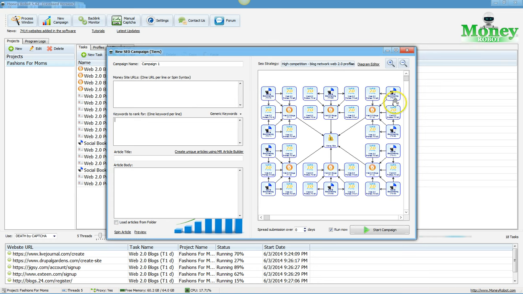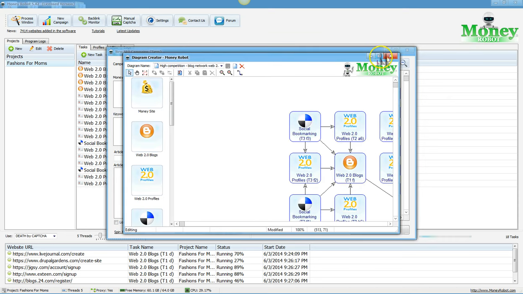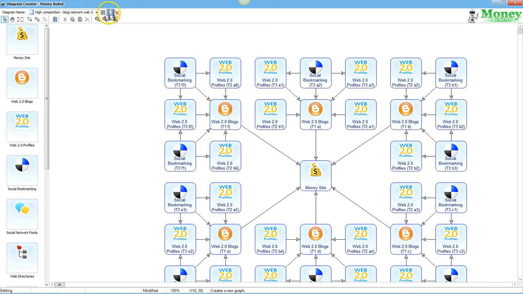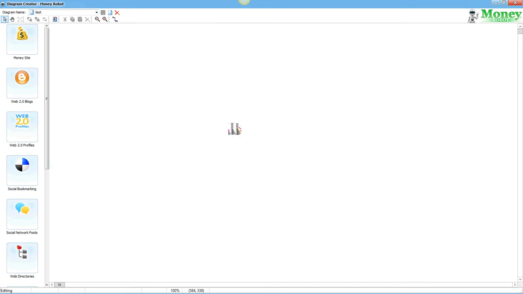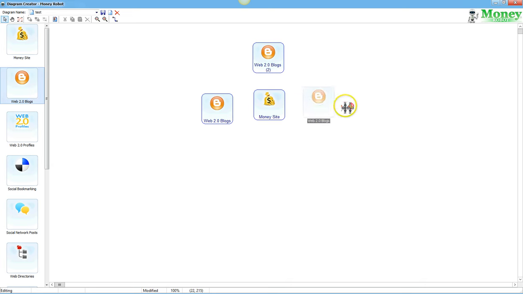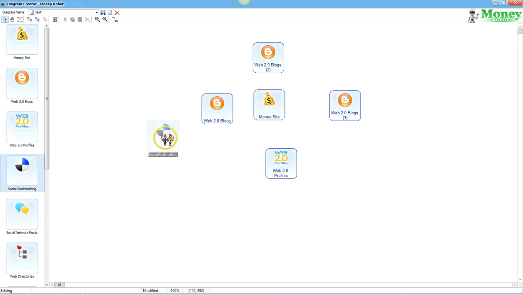This is your template window. You can select from the pre-selected templates that it comes with, or you can build your own through the diagram editor. So if you want to build your own, you can do something like this. I'm just doing this for demo purposes. This is your money site. You can build your tier ones. You can use your blogs as your tier ones. You can also use Web 2.0 profiles as your tier ones. You can use social bookmarks on your Web 2.0s and such,